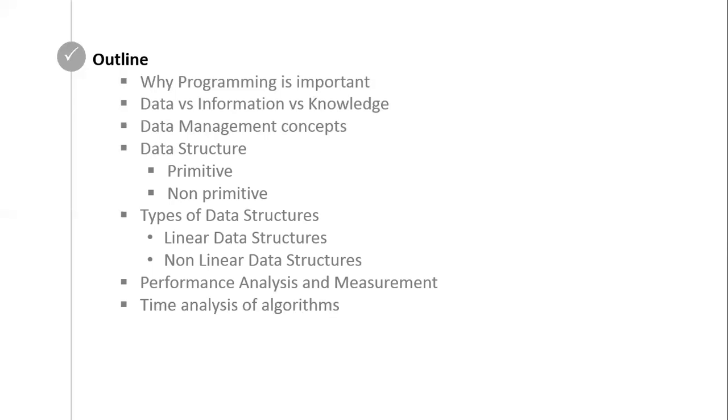And the performance analysis of the algorithm is performed by using the following measures. So first is time analysis of the algorithm. The time required to complete the task for that algorithm is your time complexity. That is the time analysis of the algorithm. And likewise, the space required to complete the task of that algorithm is the space complexity. It includes the program space and data space.